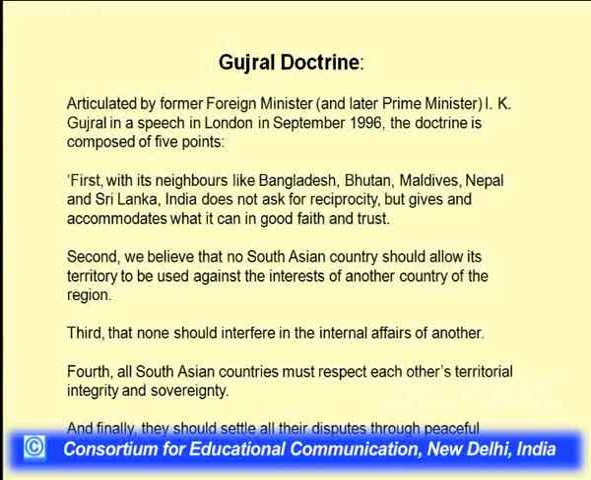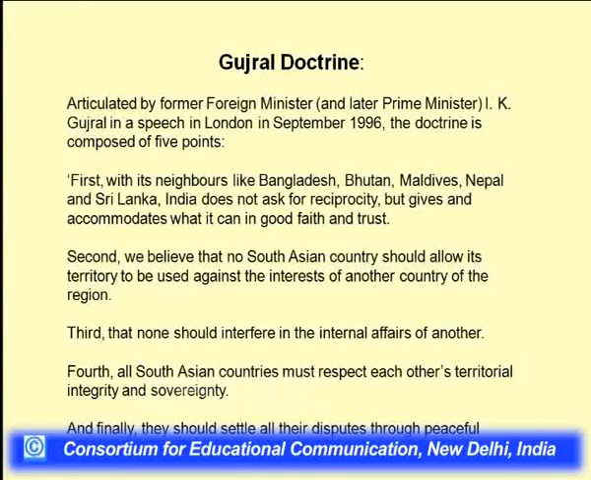The first point is, with its neighbors like Bangladesh, Bhutan, Maldives, Nepal and Sri Lanka, it does not ask for reciprocity, but gives and accommodates when it can in good faith and trust. So basically we try to develop a policy based on non-reciprocity. So there is a shift in India's policy from reciprocity to non-reciprocity. And second